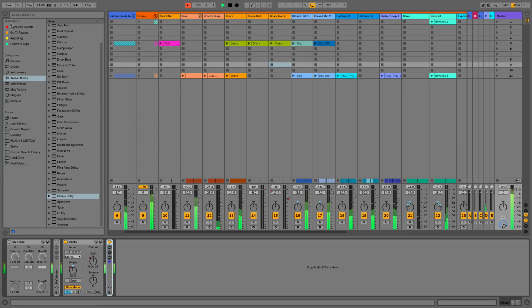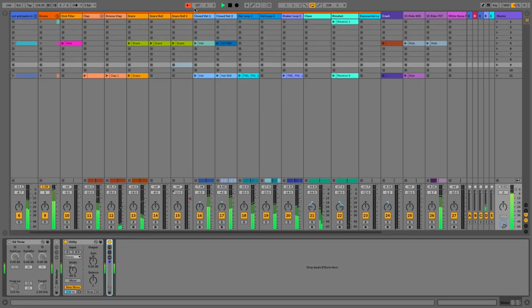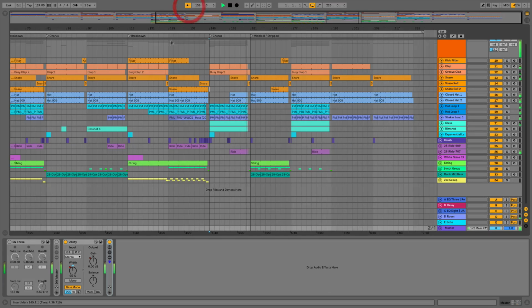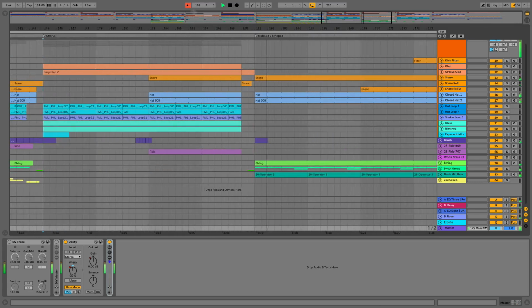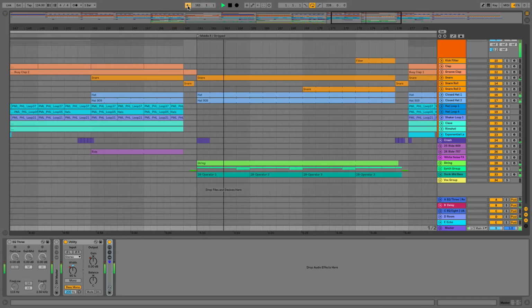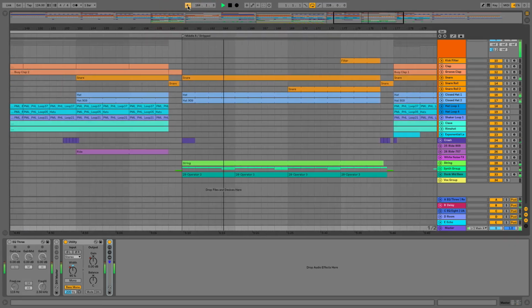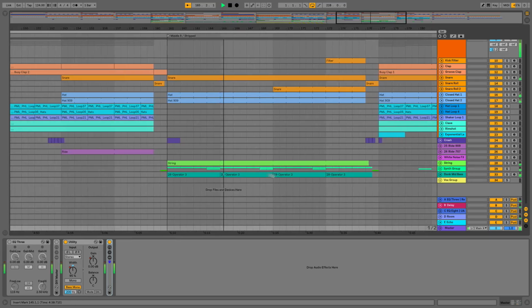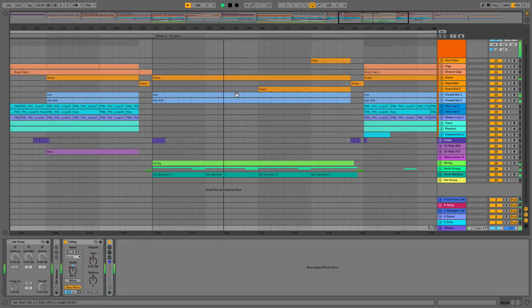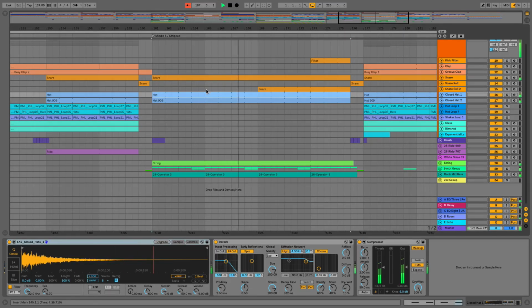And the final thing is the follow actions button here. So if we go back across, and you can see we can turn this on, we can turn it off. If we turn it on, I'll just zoom in. You can see this is now following exactly what's going on, and if we were to do anything on this screen, it's going to turn it off. But now you can see I can make an edit, so maybe I want to put some more hats in here,